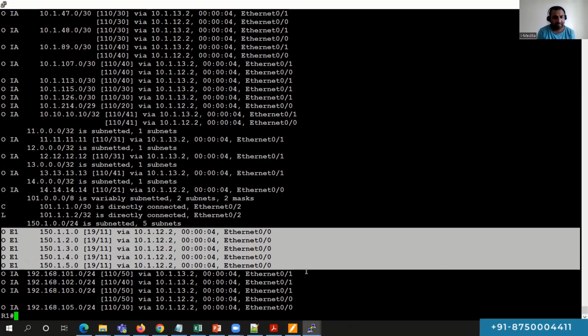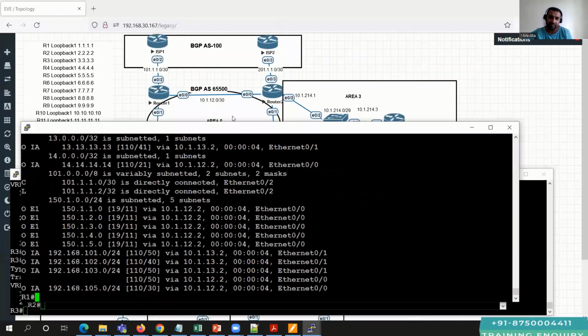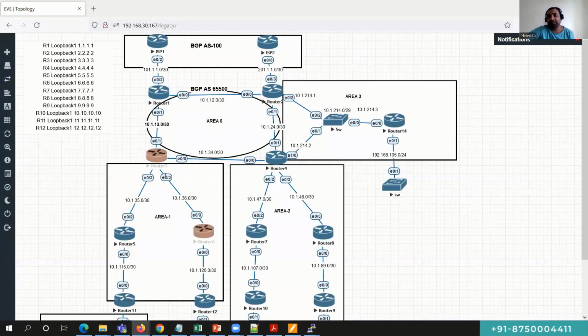So yeah, it's up to you how you want to achieve your task, your target. But since R3 was doing the ECMP, we had issues, right? Even though the best path was via router 2, still some traffic was going to router 1. And for router 1, the best path was via eBGP. So to avoid that situation over router 1,